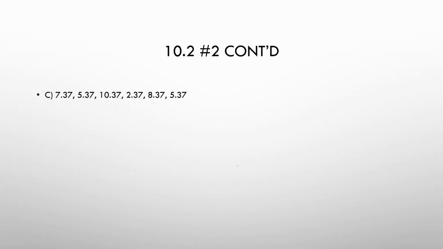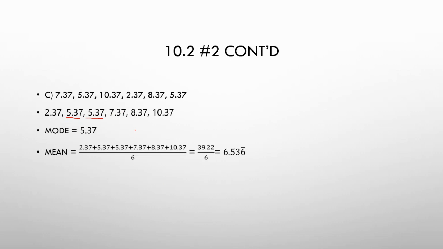And then for part C, I have numbers that are all decimals that have 0.37 as their decimal. So the first thing I did was I put them in order, and I noticed that 2 of my data values are 5.37, and that's the most frequent data point, so that's the mode. To find the mean, I needed to add up all my numbers and divide by 6 because there's 6 numbers. So I came up with 39.22 divided by 6, which is